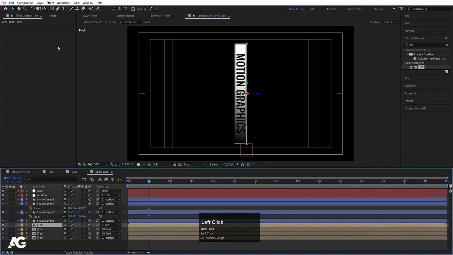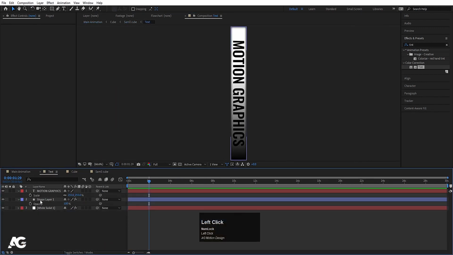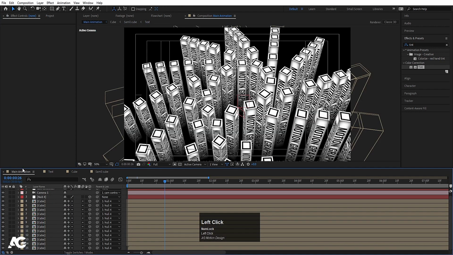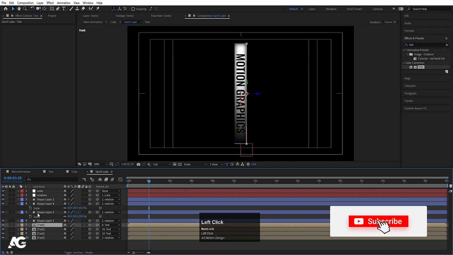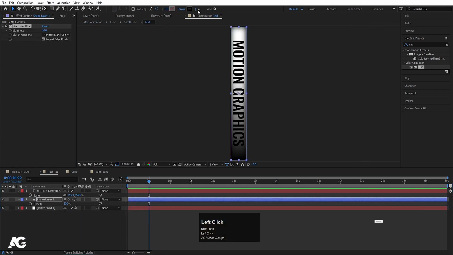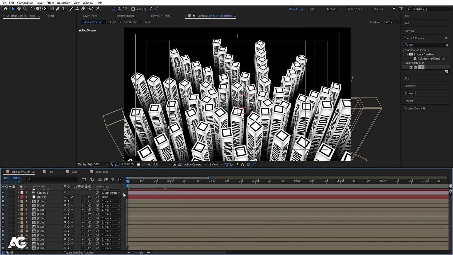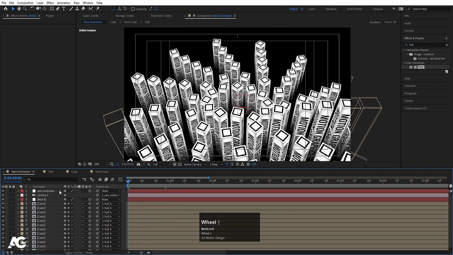Let's go to the small cube and text, select this, let's make this 16. Okay, so this is how we can create this kind of typographic animation, and if you want, then you can